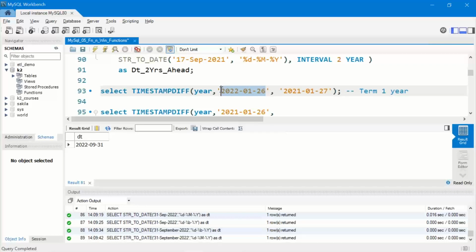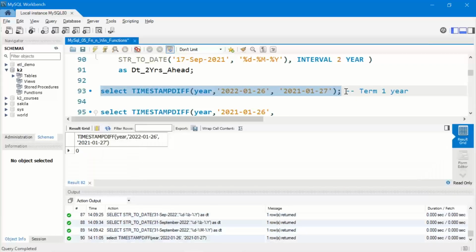Now, if I try to see what is the term of this insurance using the function timestamp diff,